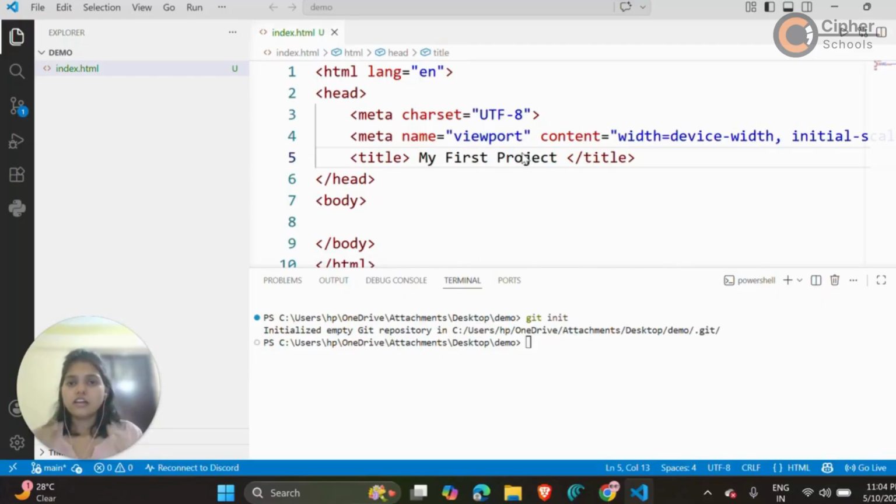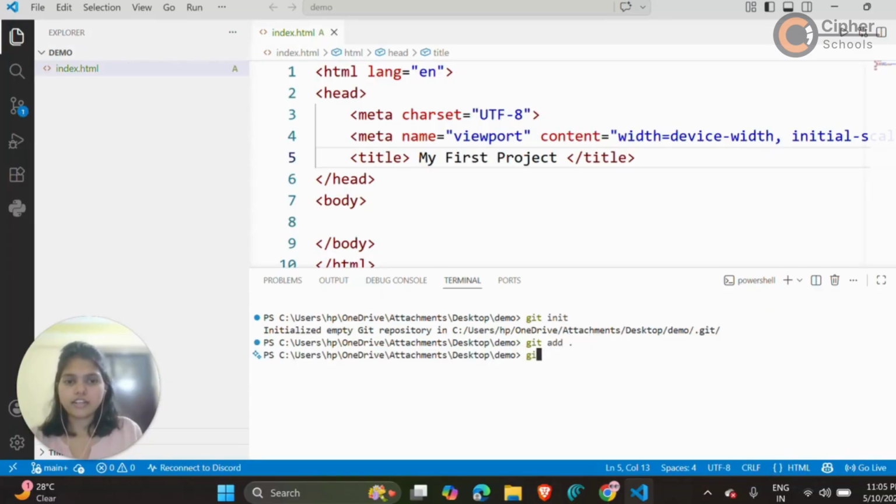So now the second Git command is the git add command. Git add basically adds files from this folder to the Git repository. Here's where the beginners usually get confused. Saving a project is a two-step process in Git. So first is the git add command and second is the git commit command. So let me run the git add command for adding all the files present in the project folder to the repository.